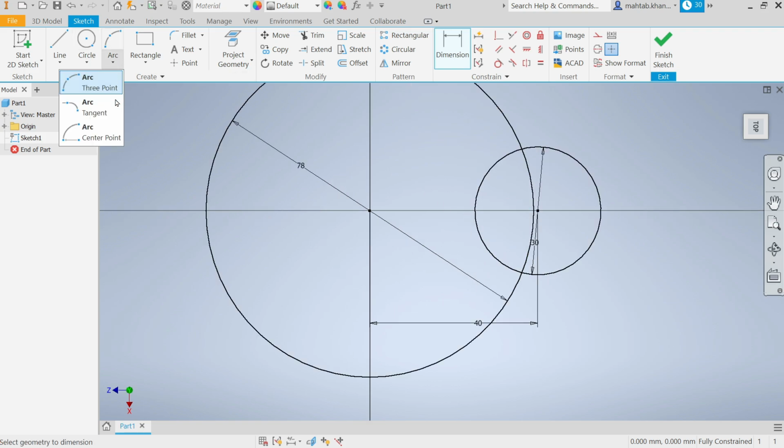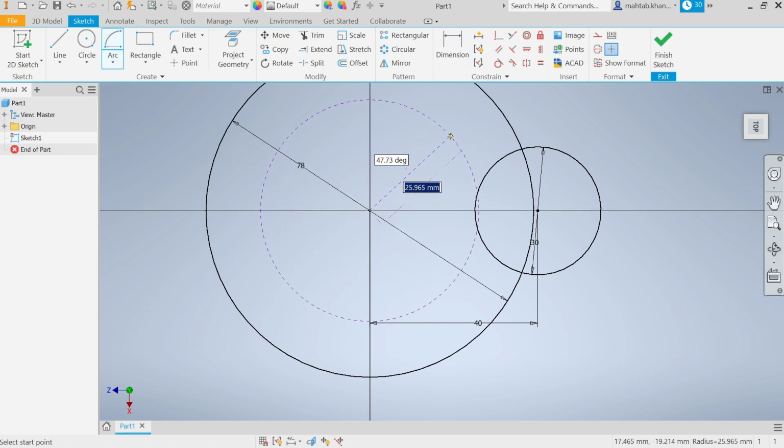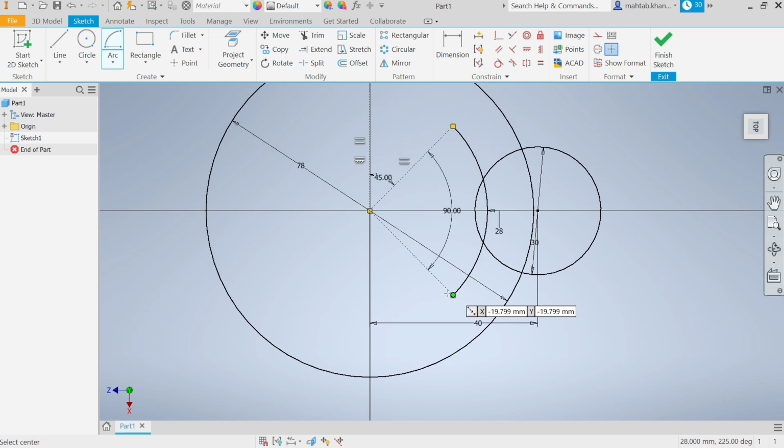Now one more center point arc, this center. Now here the first option shows the length, so that is 28, radius 28, tab key, 45 degree, tab, enter and drag, and the center angle 90, enter. See, this is our main geometry we need to create. Right click OK. Now right click on this construction geometry,